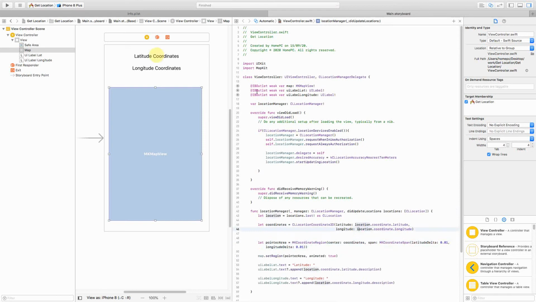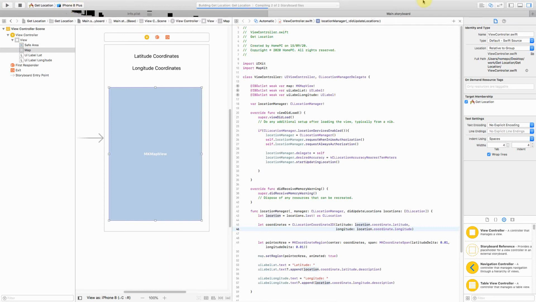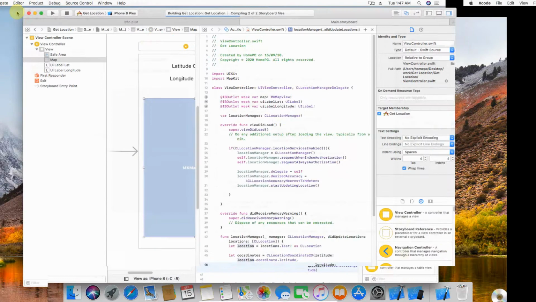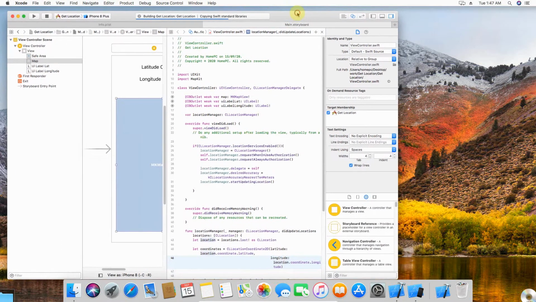So that's all. Now I'll simulate it in the simulator. iPhone 8 Plus is what I think is configured, but let it come up. In the meantime, I'll make it a bit smaller so that I can see my simulator side by side with this one.